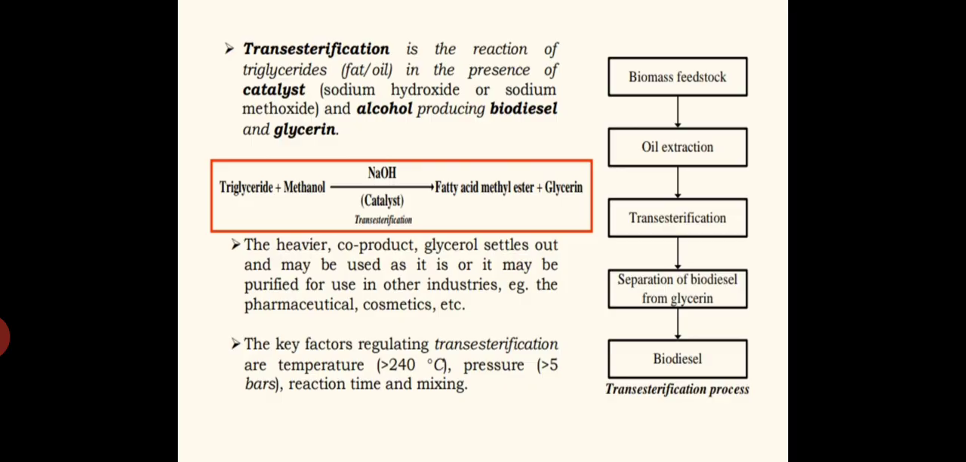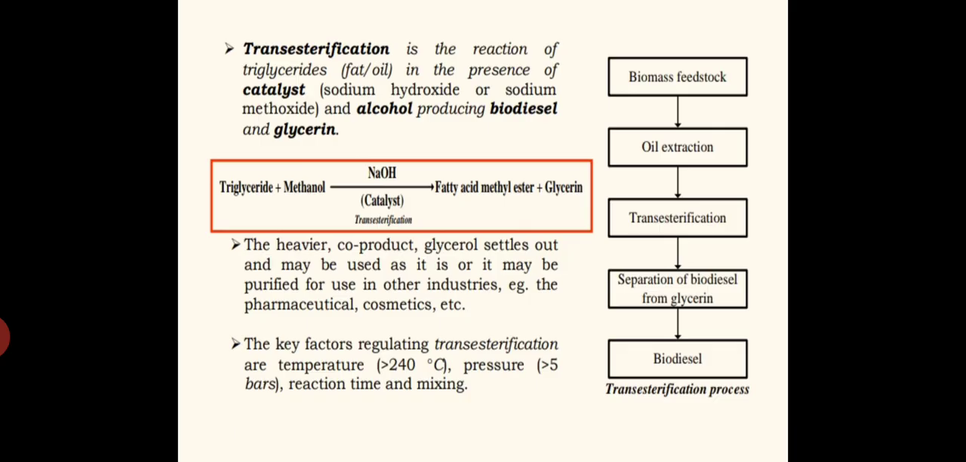The combination of this one is commonly known as triglycerides. Is the reaction of triglycerides in the presence of a catalyst. Of course, we had to use some catalyst for the quickening of the chemical reactions. For the fastening of the chemical reaction, we will be adding the catalyst. Usually used catalysts are sodium hydroxide or sodium methoxide, and